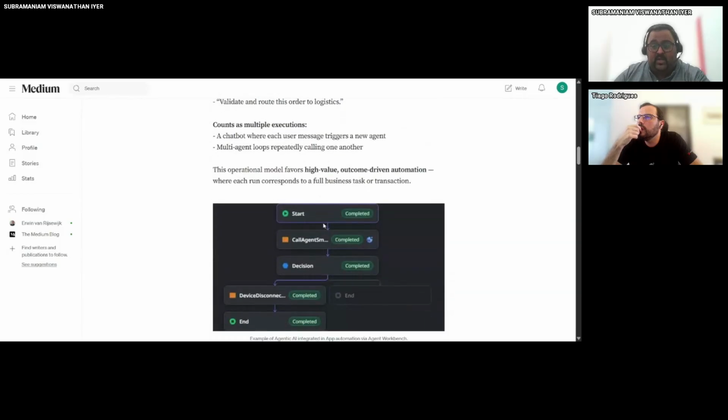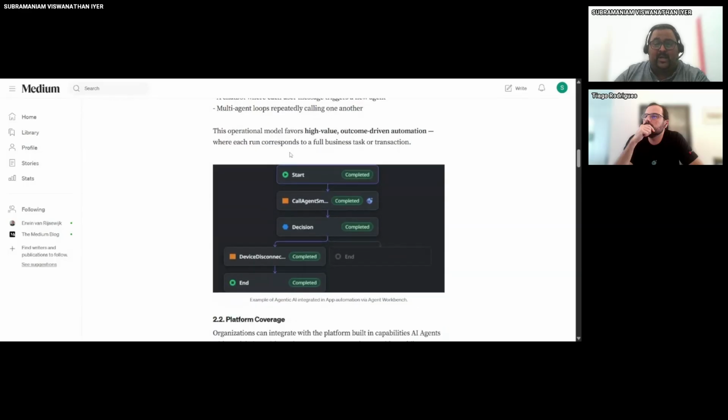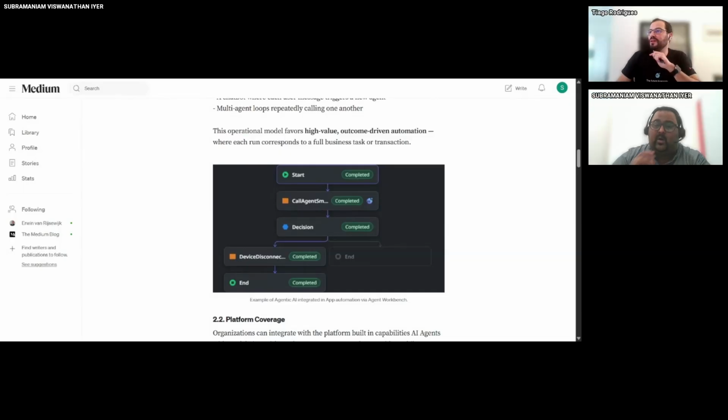So if you've got a workflow where it processes a document, summarizes, handles a refund, validates, this entire thing is one decision. But if you have a chatbot which is triggering a new agent and multi-agent loops calling each other, these are multiple executions. So I'm not sure, because based on the image, it seems like we are saying the same thing. Because if you notice, each time you are calling in that workflow